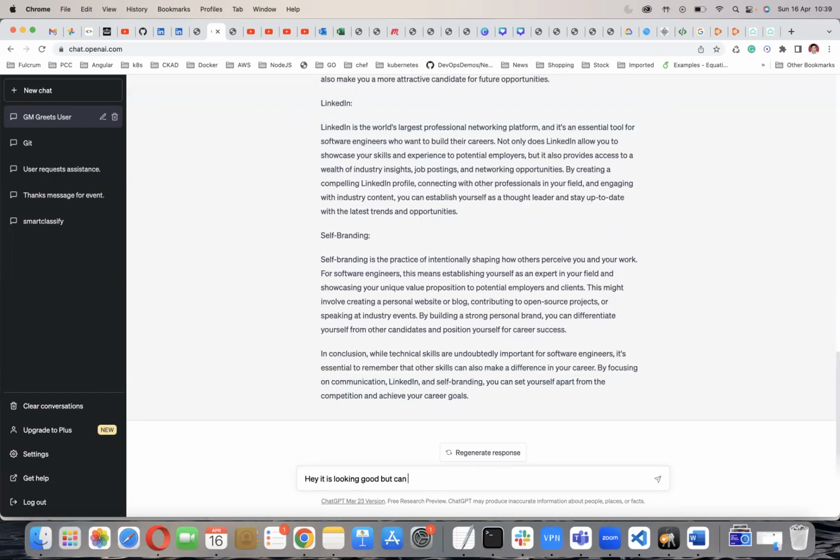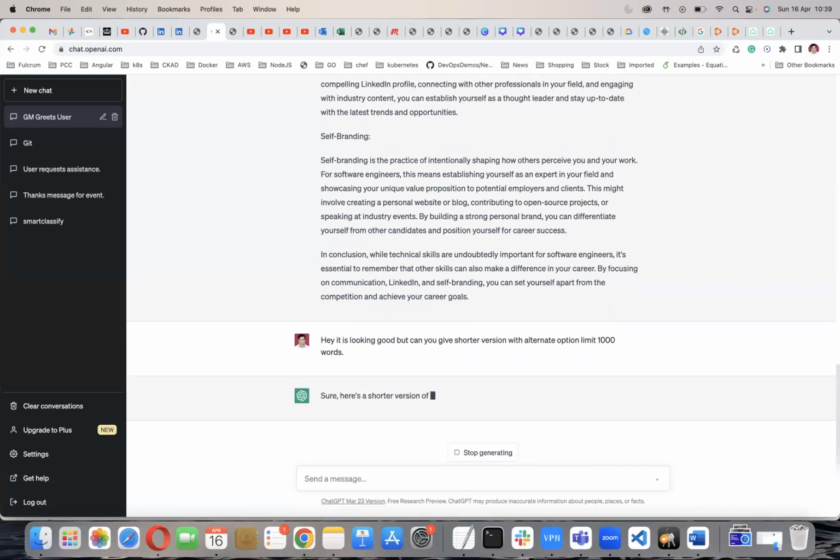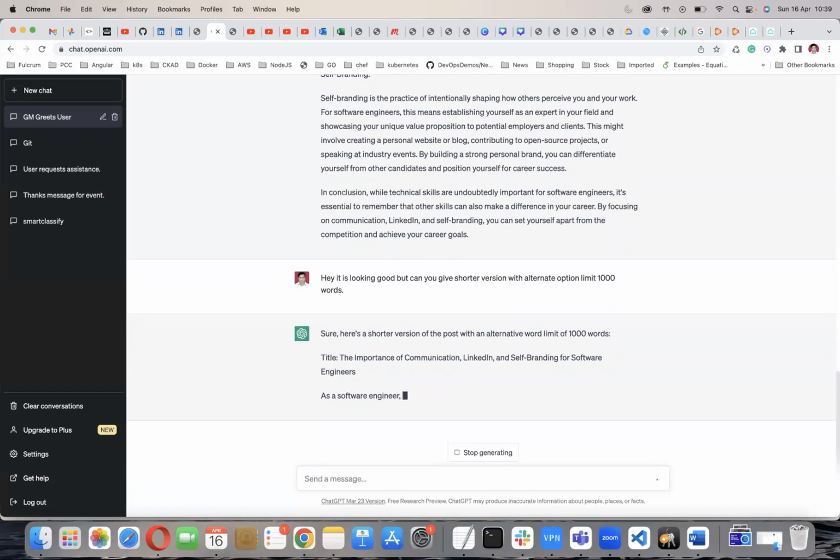But can you give me a shorter version with alternate options? Limit it to maybe 1000 words. Now you can see.